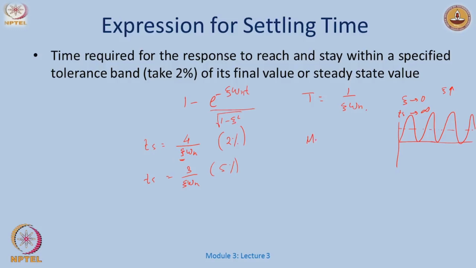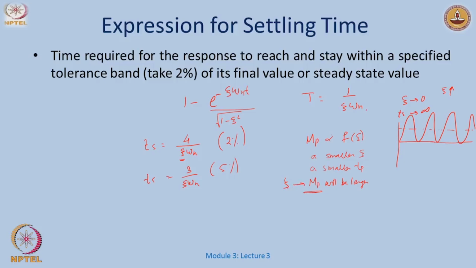My peak overshoot is also some function of zeta, in such a way that if I have a smaller zeta, I have a smaller peak time and even a smaller rise time, right. So, if I want a faster response, my zeta is smaller, but then my overshoot will be larger, right. So, usually in the design specifications, my peak overshoot would be specified and my zeta would be calculated based